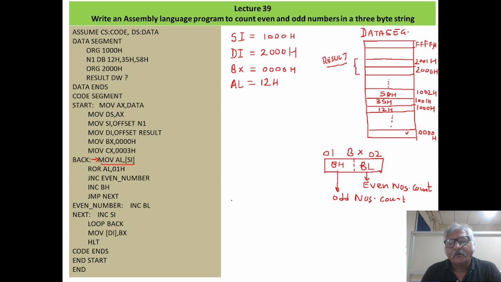Suppose we are having number 01, 02, 03, 04, like this, 15. Okay, and these all are hexadecimal. Suppose these are all hexadecimal numbers.